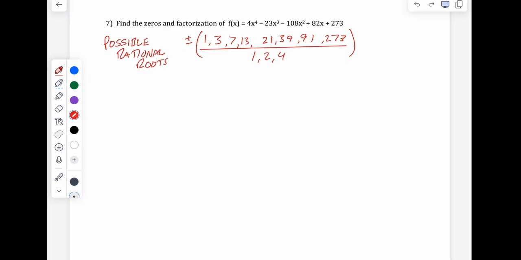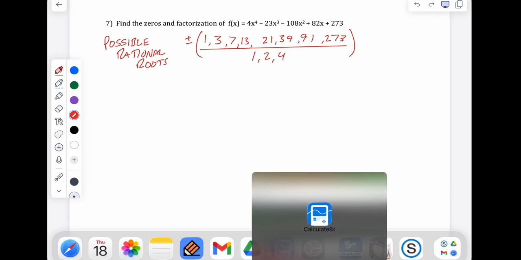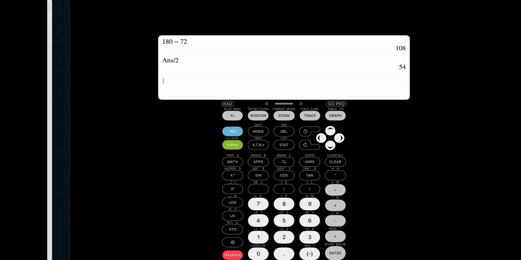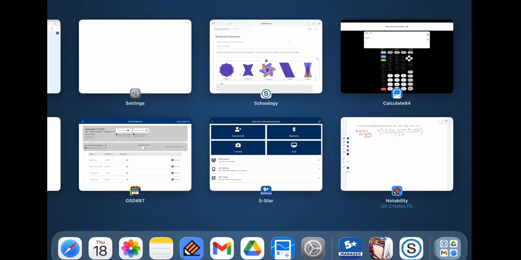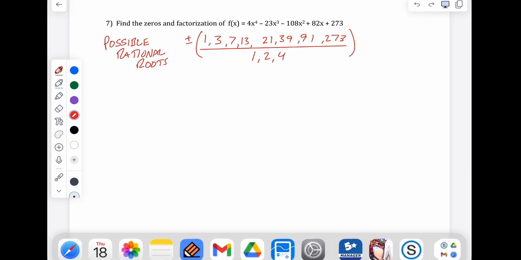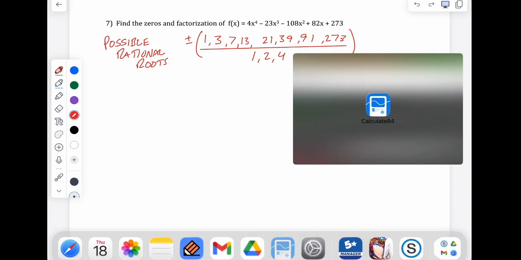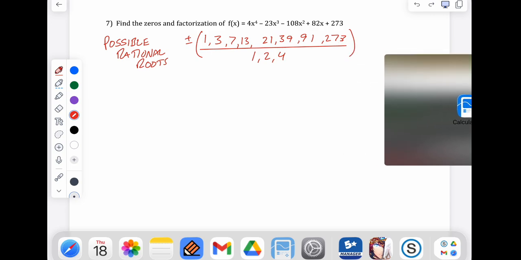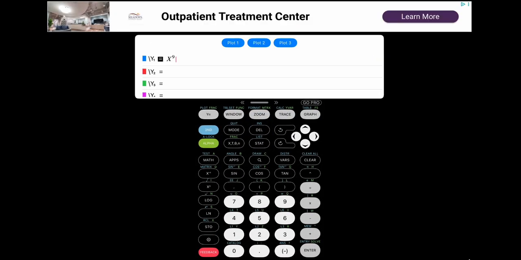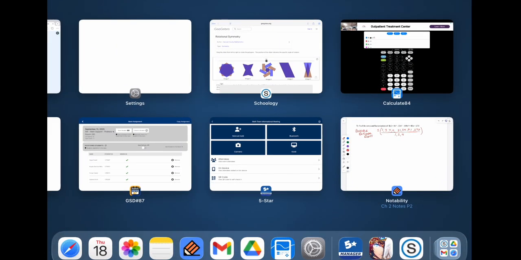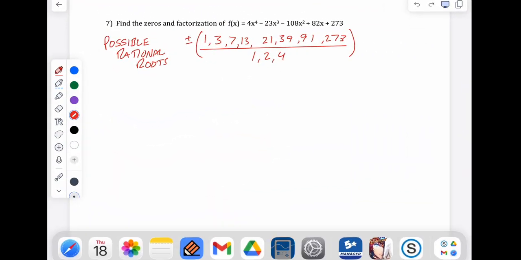So we're going to go into our calculator. I'm going to use this calculator. Oh boy, I took up the whole screen. Okay, let's try to do this without taking up the whole screen. Oh man, this new operating system is already causing me issues. Well, what are you supposed to do to get this to